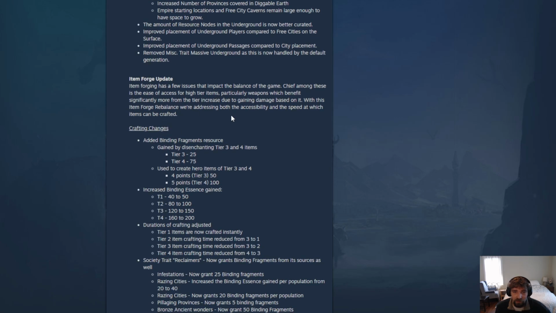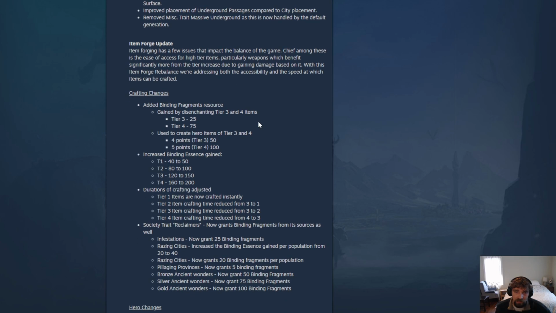The forge update's great. It's a lot easier and cheaper to craft items until you get to the higher tier things. Then you're going to need binding fragments. Binding fragments come from either disenchanting the higher tier things, or I think Giant Kings can get them as well. What else do we have here? Duration of crafting adjusted. Yeah, it's quicker to do this. Reclaimers is now going to